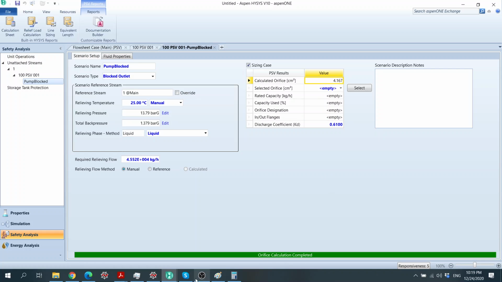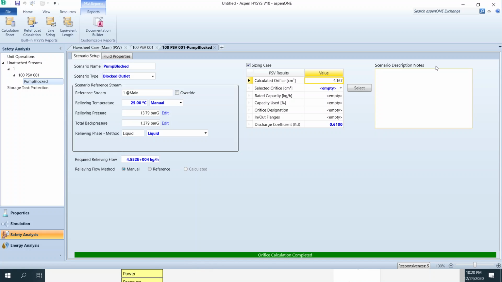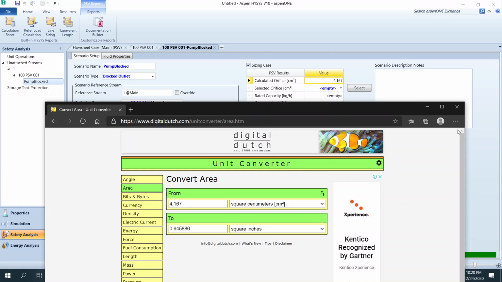Now it's 4.167, and then what else? 4.167. So it's 0.64 now, but I'm still missing